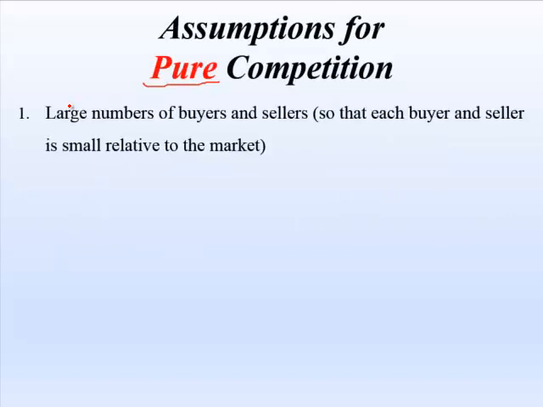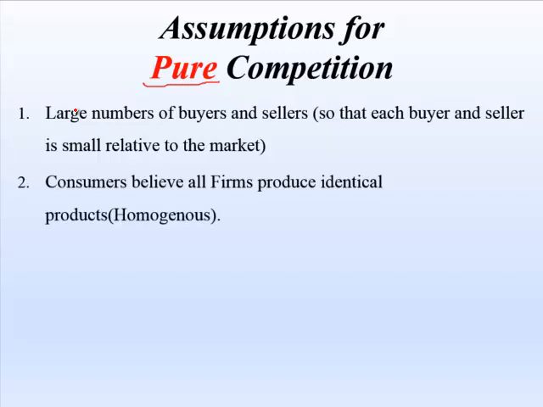The assumption of pure competition is that the number of buyers and sellers is so large that no individual buyer or seller can influence the market price and output by his independent action. This is the reason that every buyer and seller purchases or sells a very insignificant amount of total output. The next is that the product is homogeneous, which means the product of a firm is accepted by consumers as identical, and there is no way in which buyers can distinguish the product sold by different sellers.